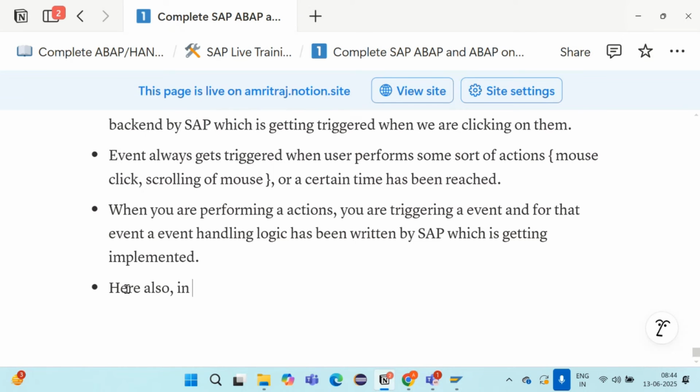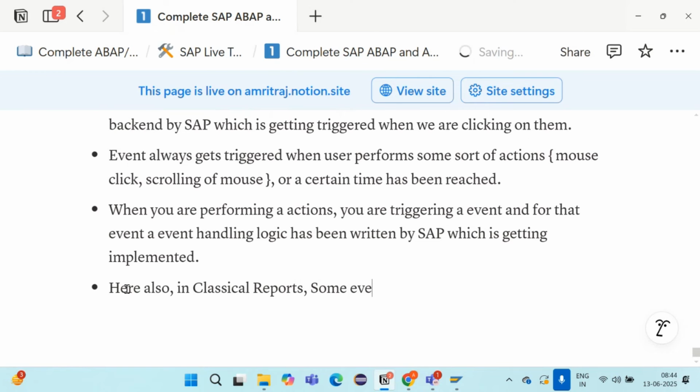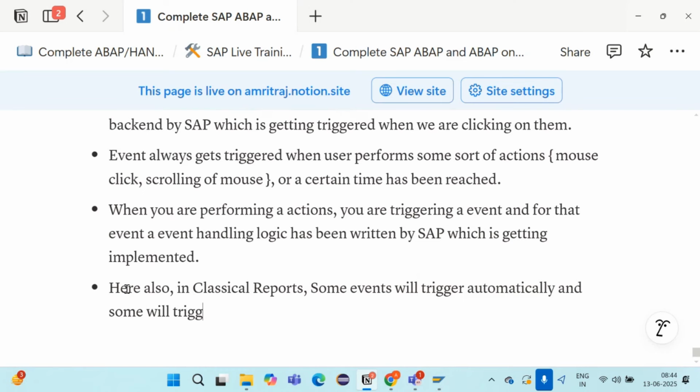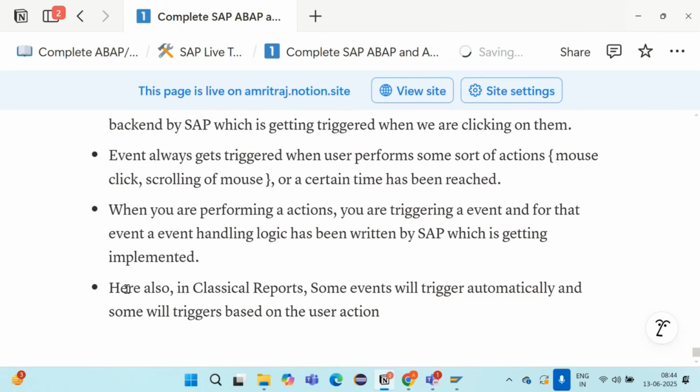Here also in classical reports, some events will trigger automatically, and some will trigger at a particular time.